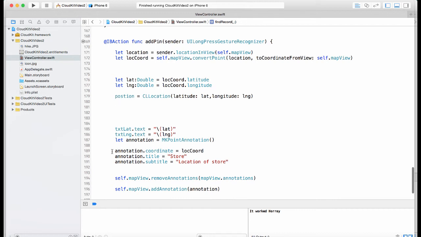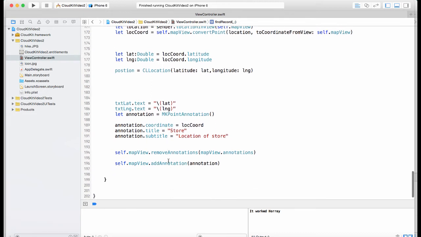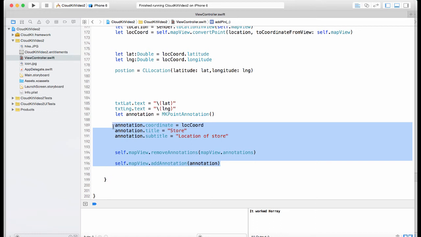So what happens is that we need to create a coordinate, and we can create a coordinate from the latitude and longitude. Okay, what happens? We create a coordinate and add an annotation to the store. Okay, the code is there. You can take it,